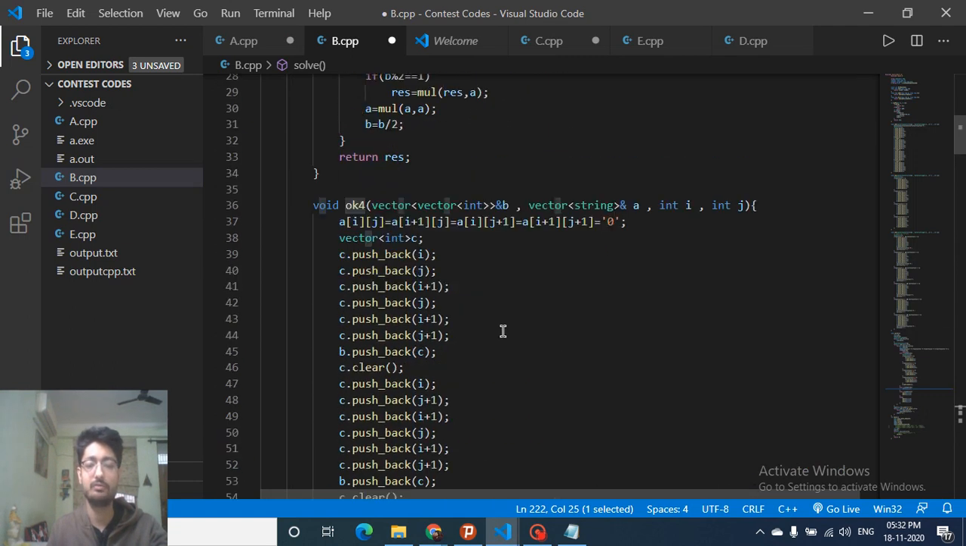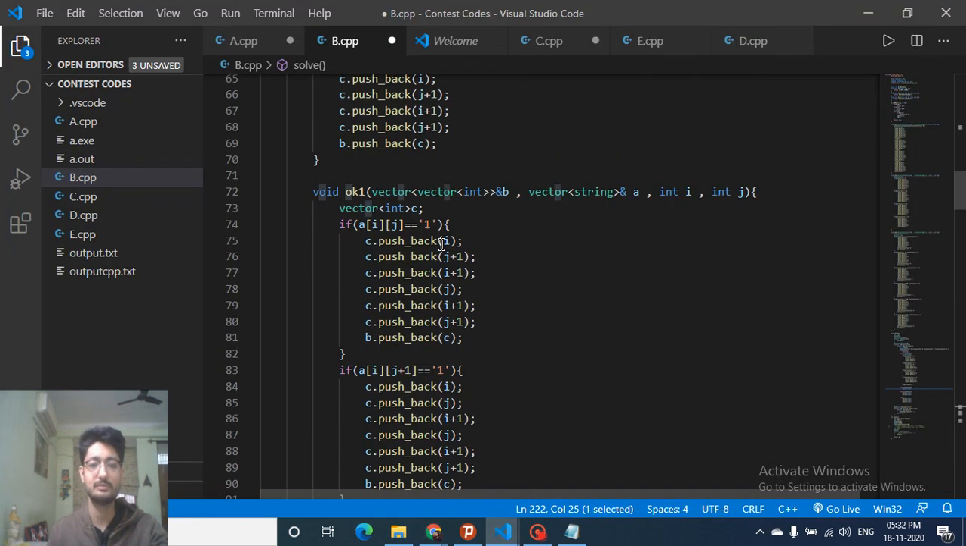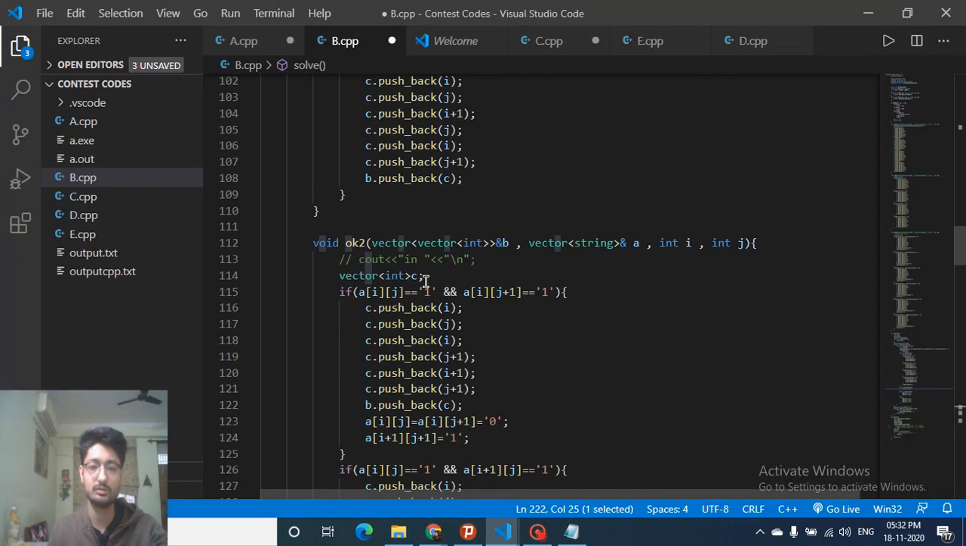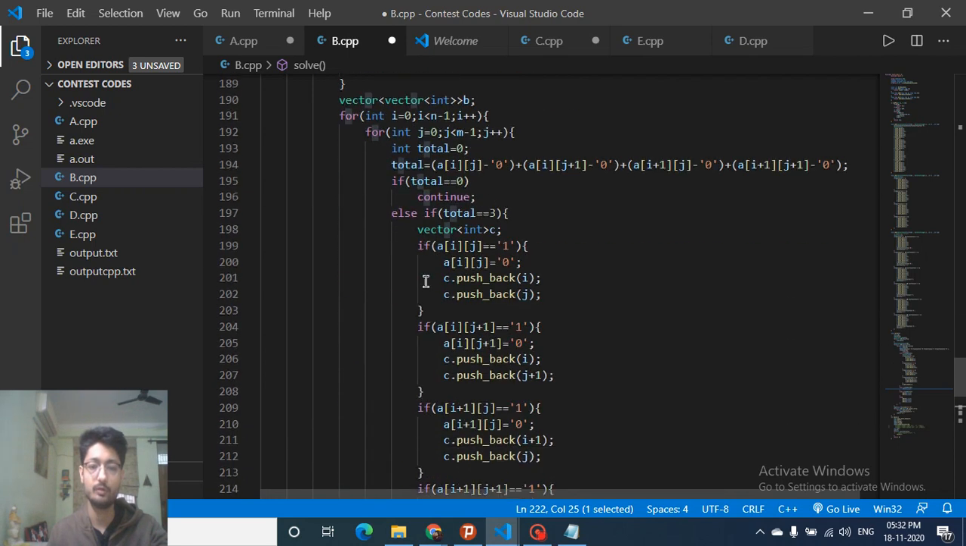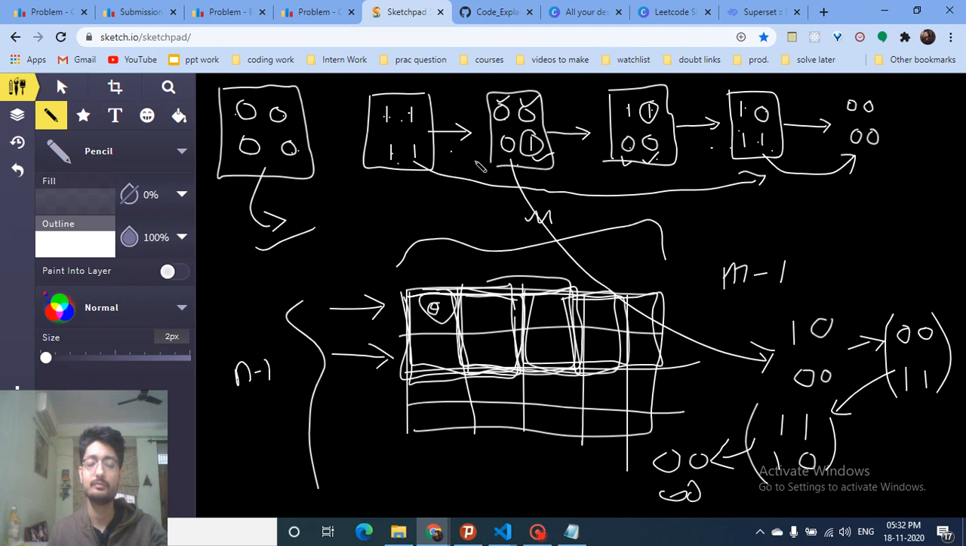For 4, I have written down a function in which I will take this path to 0. That's why I've taken this whole path. So I've just called this function OK4. If it is equal to 1, if I have all 1, then what I can do,